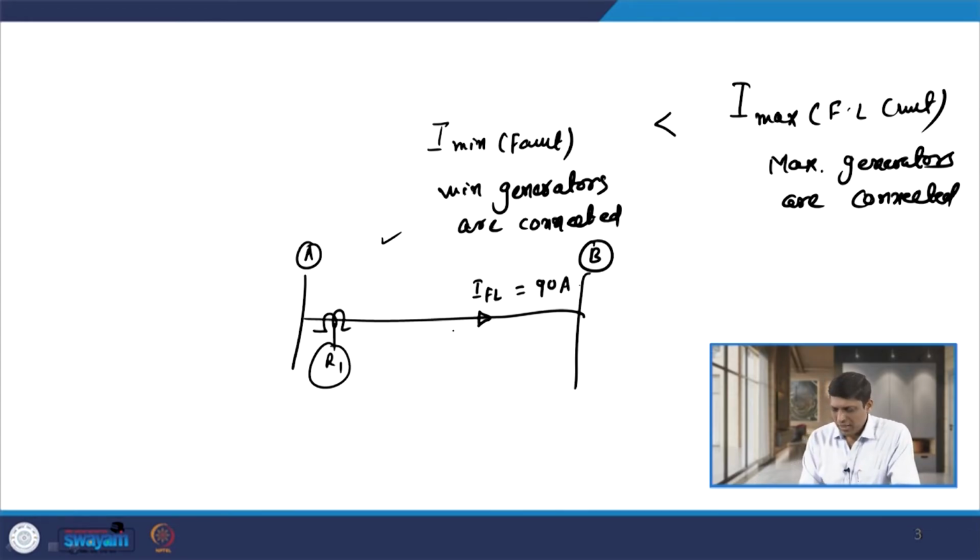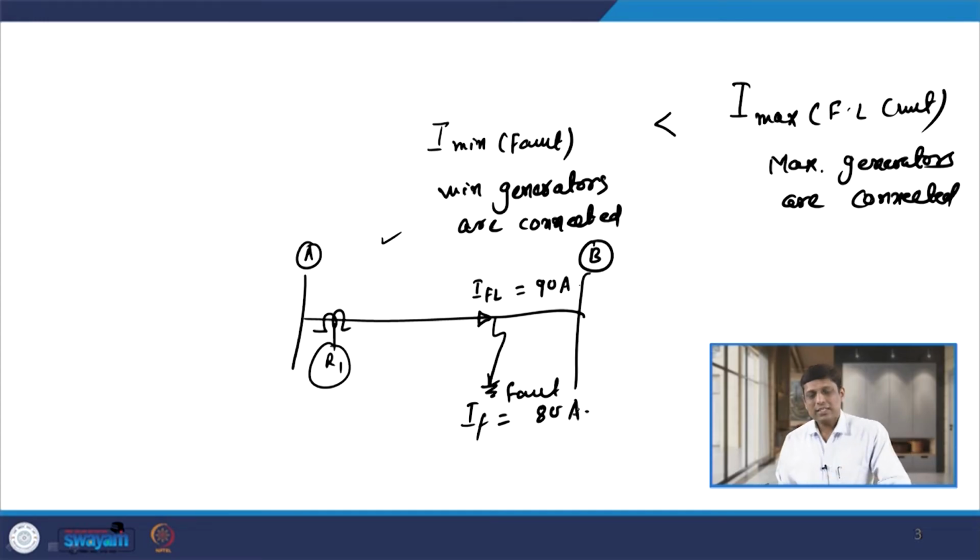Now, in a certain situation, whenever a fault occurs somewhere at this point, let us say the magnitude of fault current is 80 ampere. So, when such a situation exists, it is very difficult to decide the setting of the inverse time overcurrent relay, because if I decide the setting based on the minimum fault current of 80 ampere, it operates if the current exceeds 80 ampere.